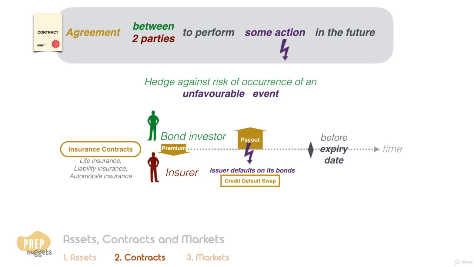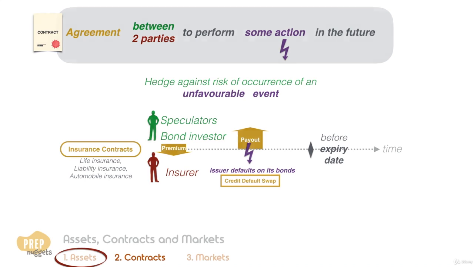They can also be used by parties that will experience losses if the bond defaults. Credit default swaps also attract interest from speculators who want to bet on the probability of an issuer defaulting on its bonds. And with an understanding of financial contracts, let's head back to where we left off in our discussion